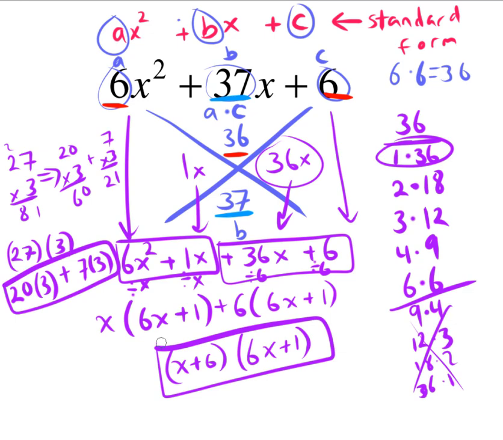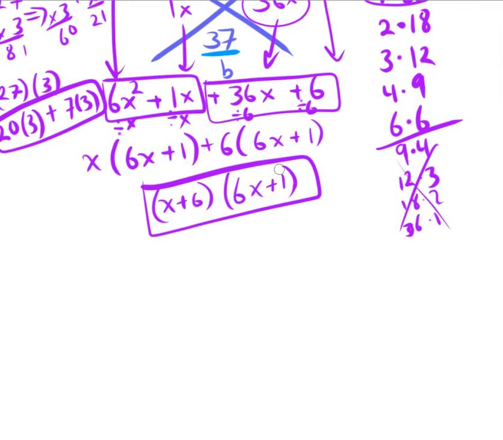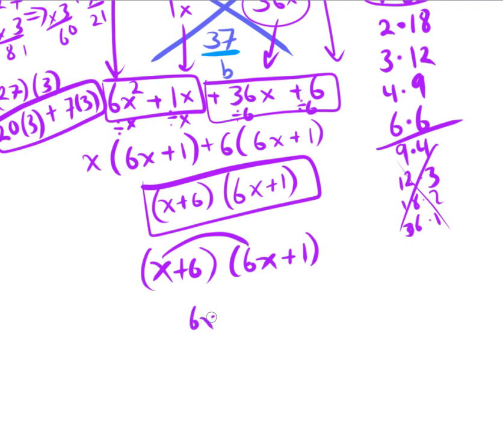Now, I'm also going to show you that, like I said earlier, factoring is just the opposite of distributing. If I want to make sure I got this right, there's a really easy way to do that. In fact, let me go ahead and just move this down. If I move this down, I can actually take my x plus 6 and my 6x plus 1, and I can multiply them together. I can FOIL them together, and if I FOIL them together, x times 6x is 6x